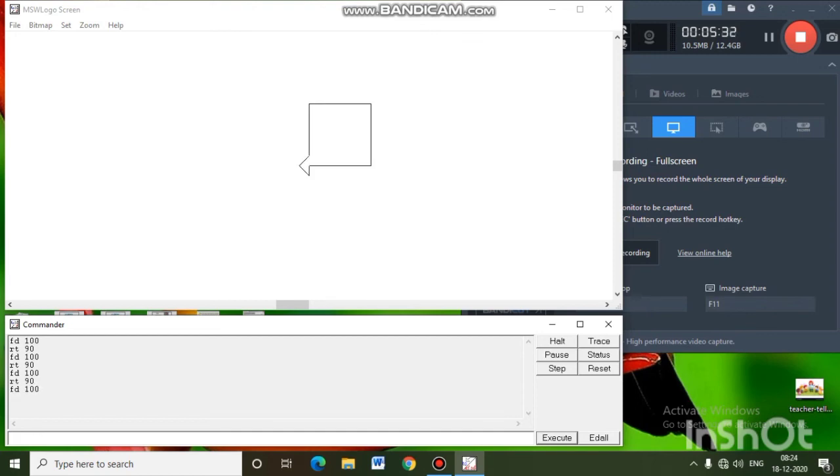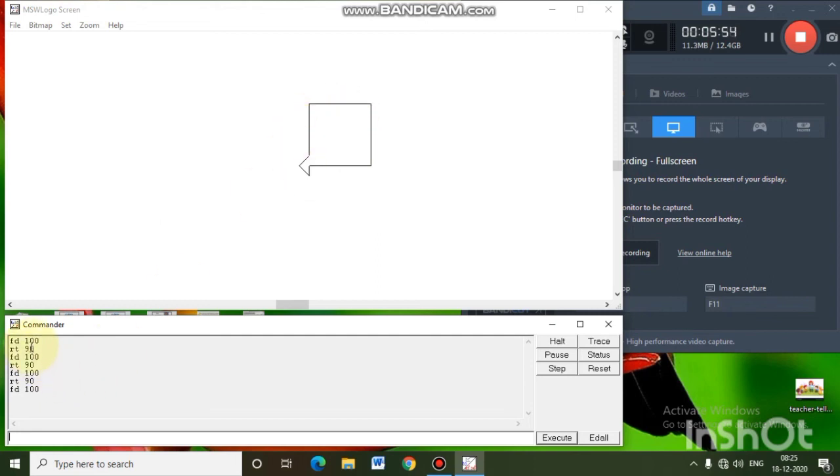So by completing all these commands, we made a square figure here on the main screen. These were the commands for making a square. As you know, all four sides of a square are the same.